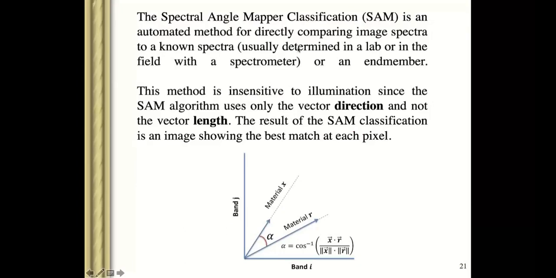You know, I showed you the spectral profile or spectral signature. So how do we match your spectral signature obtained from the lab with the satellite one? For that, we use this spectral angle mapper classification. If you see, it is matching your reference with your object, and trying to minimize this angle. Once it is minimized, it will match and give you the best matching pixels over the area.